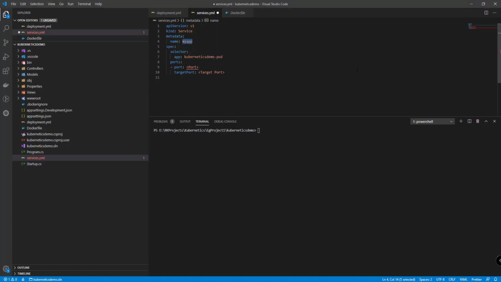Now we'll give a name for our service, Kubernetes demo service.